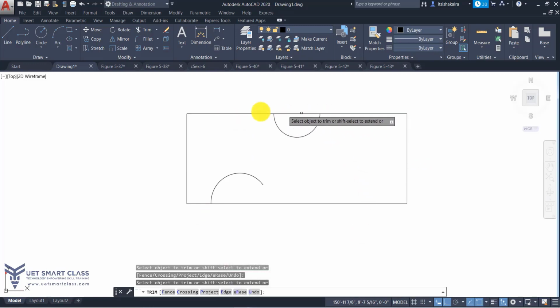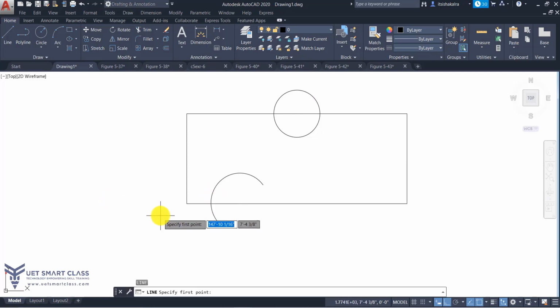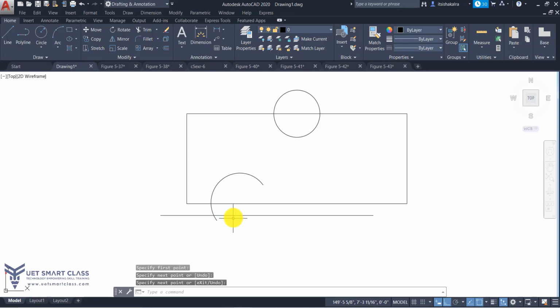Because I know there is already an intersection point, so I can cut. But this can only be used where there are small portions and I know there is a cutting edge and there is an extra portion. I have just a free portion to trim. But for example, I have a line here. Now if I use double enter trim, it now has two cutting edges within this arc. So it will just trim the portion between these two lines. It will leave the extra portion here, which I have to select and delete.